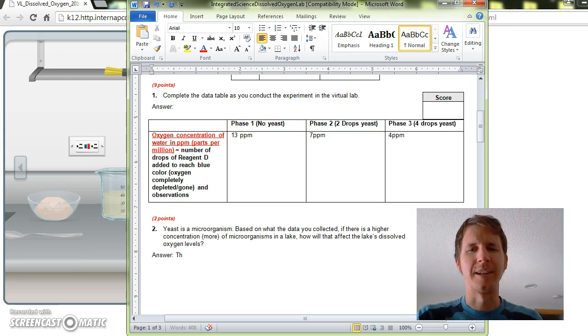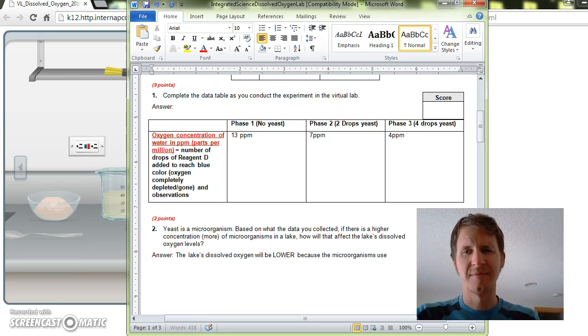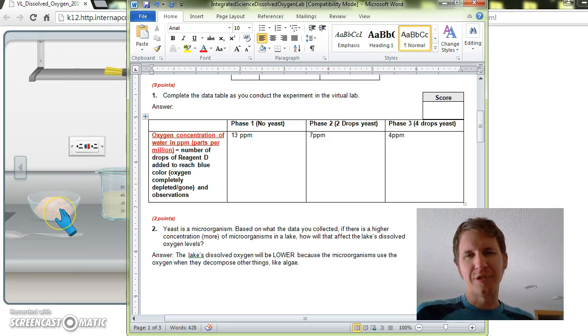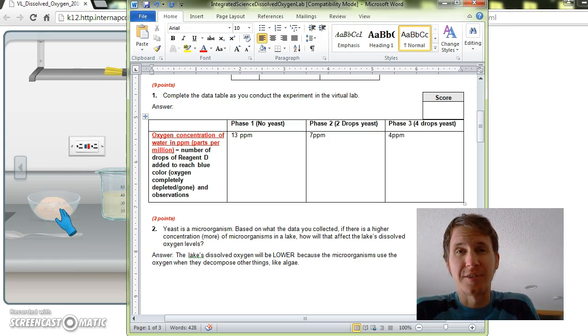The lake's oxygen levels will be lower because the microorganisms use the oxygen when they decompose other things, like algae, for instance. Okay, so the virtual lab showed us how to scale down into a small setting and